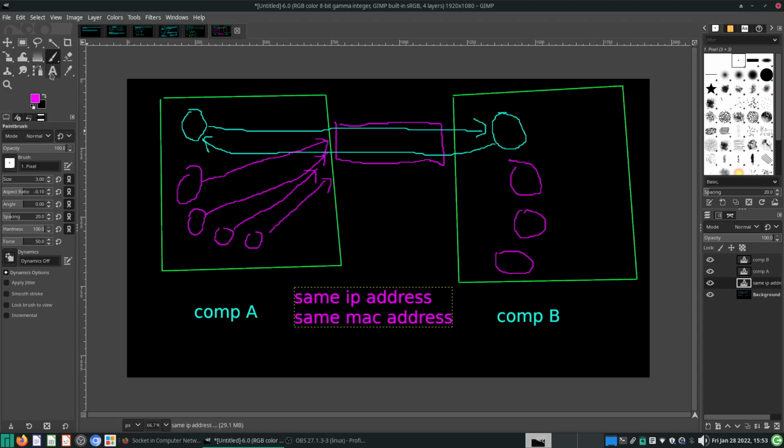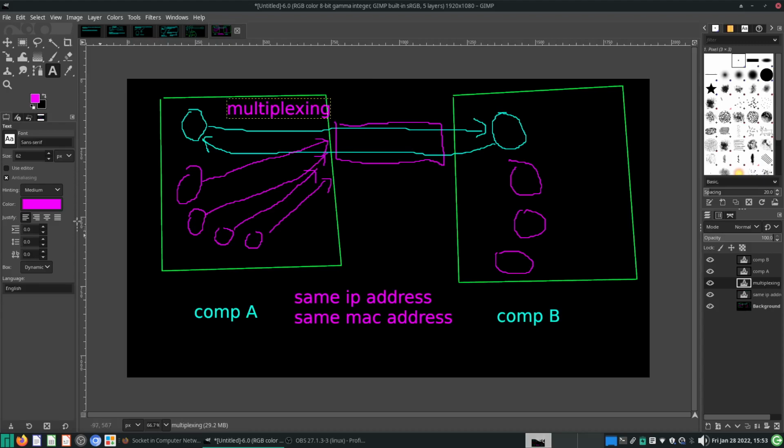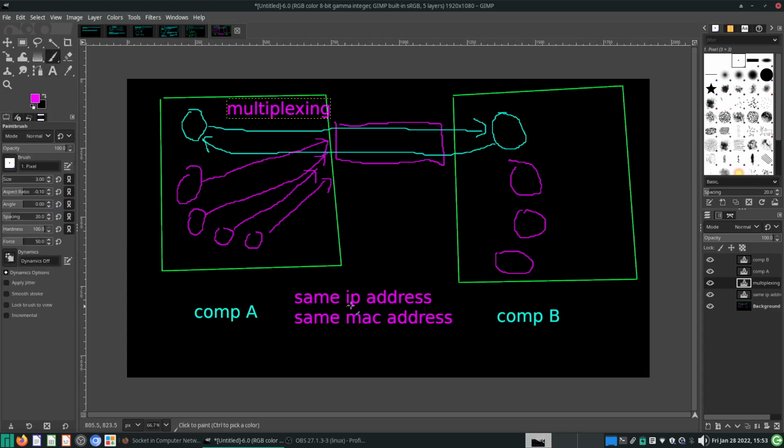So this is called multiplexing. Okay, multiplexing, right? So we combine a lot of signals into one channel, and the channel means that I have the same IP and MAC address, and the same source and destination IP address, and the same source and destination MAC address, at least for this example. Okay, and then when these signals are all on this same channel,